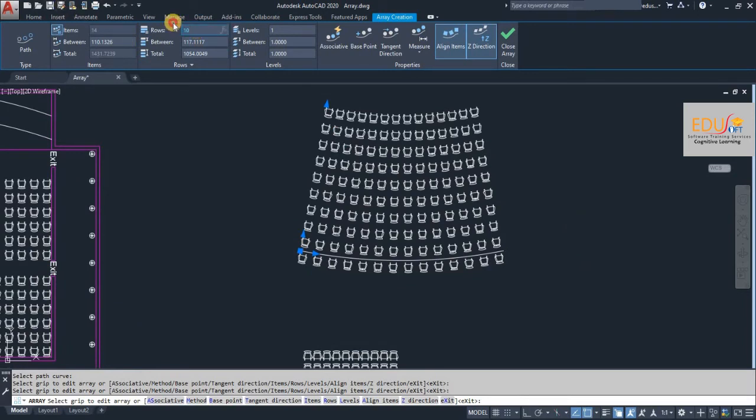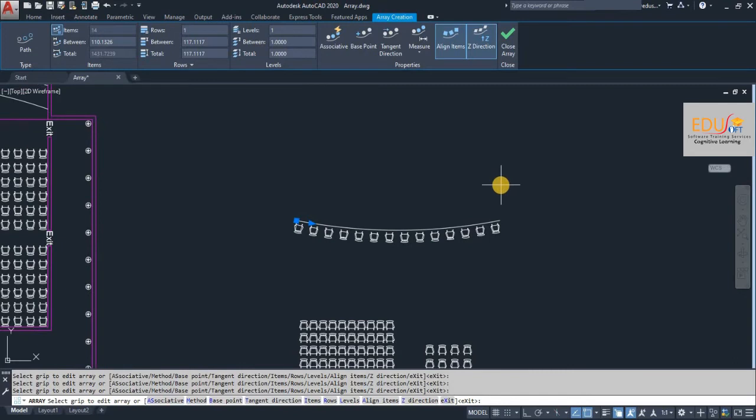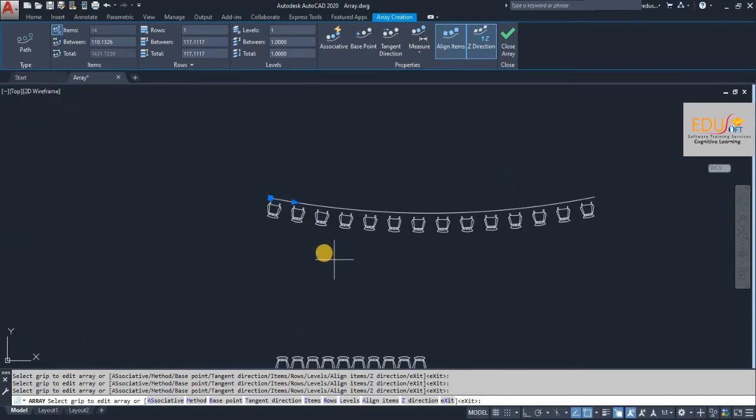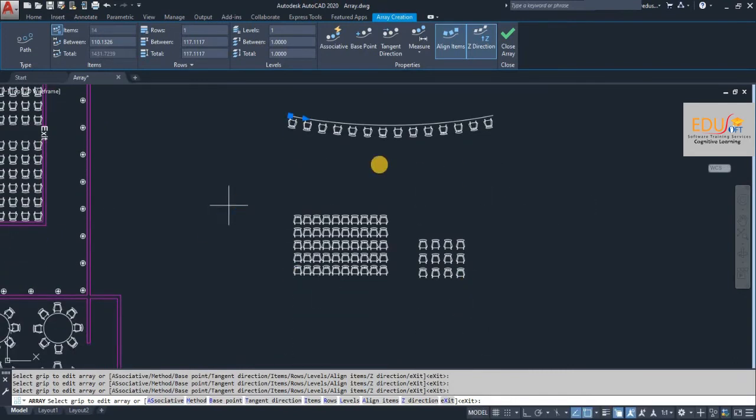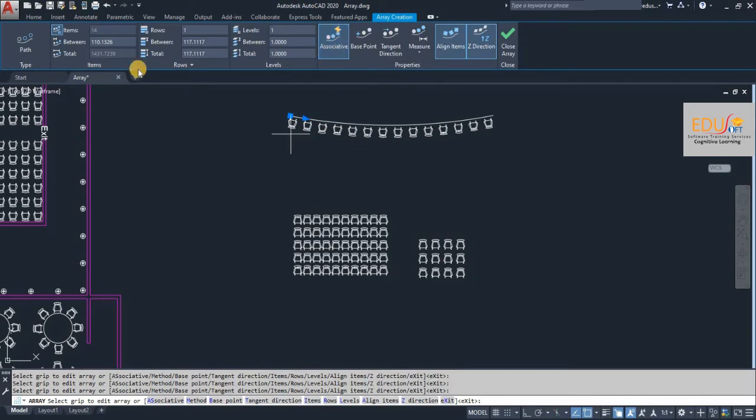So this will make our drafting very easy. Correct? Now here also let us keep associative turned on. And here the number of items we are not able to modify, correct? We are adjusting the gap between the chairs.